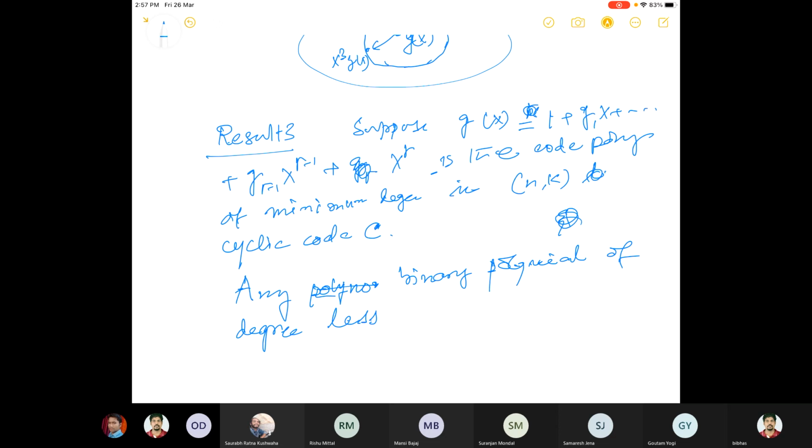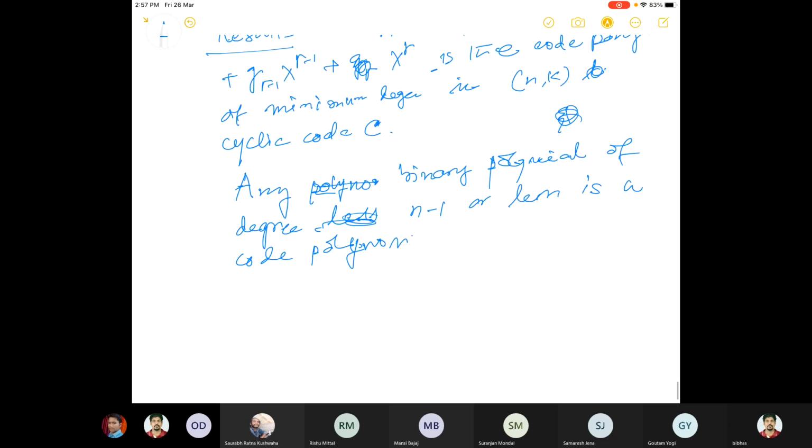So any binary polynomial of degree n minus 1 or less is a code polynomial if and only